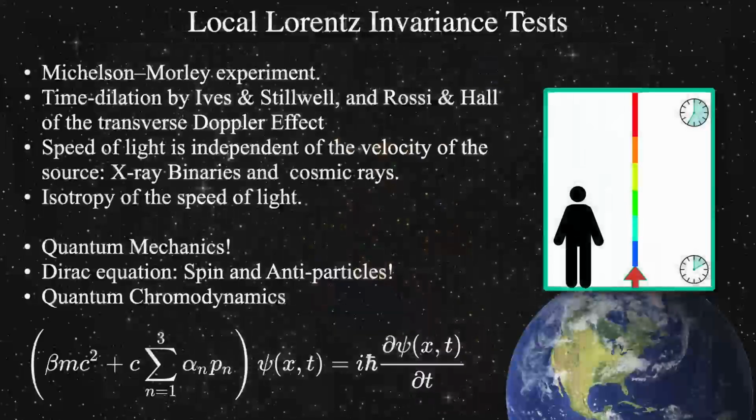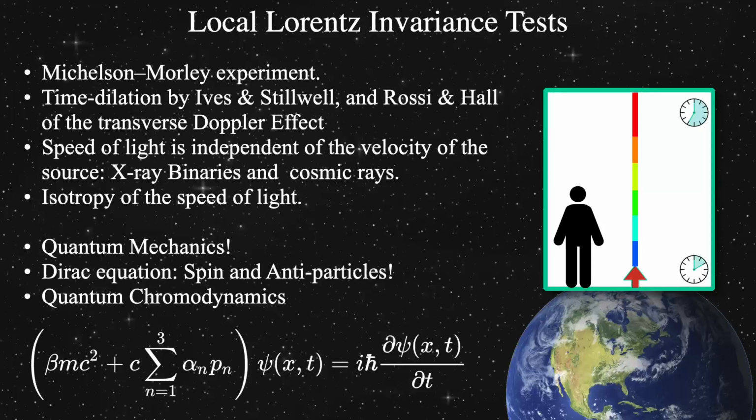It's truly astounding the scale and amount of experimental support for special relativity that has led it to being central to all physics. The vast supporting experimental evidence for the local Lorentz invariance includes, of course, the classic Michelson-Morley experiment, and tests of time dilation by Ives and Stilwell and Rossi and Hall, tests of whether the speed of light is independent of the velocity of the source, using both binary X-ray stellar sources, where the source of photons is coming from an accretion disk around a stellar mass black hole, and secondly, high-energy pions impinging on the Earth's upper atmosphere in cosmic rays. There are also numerous tests of isotropy of the speed of light, which would of course